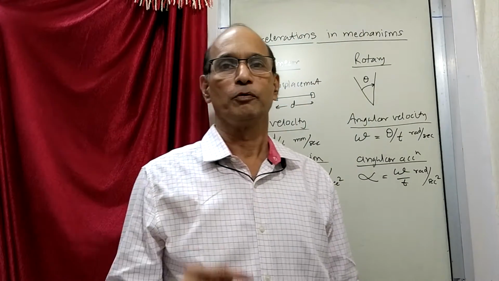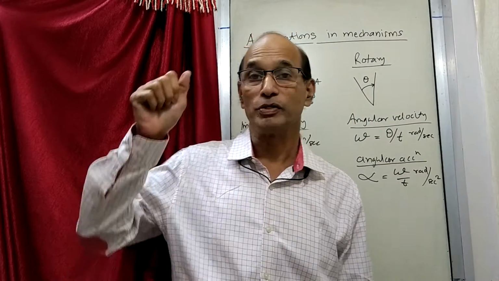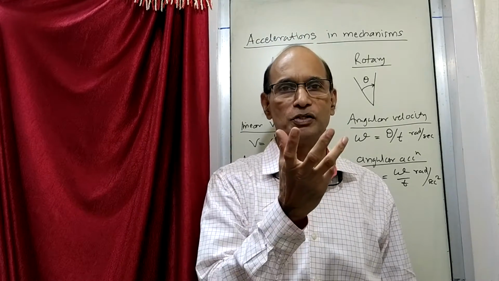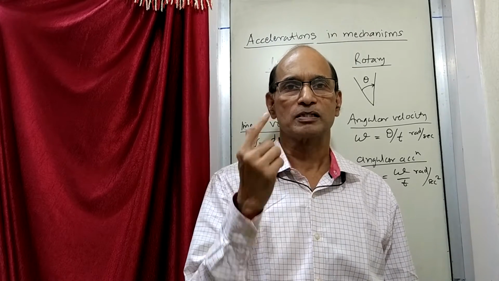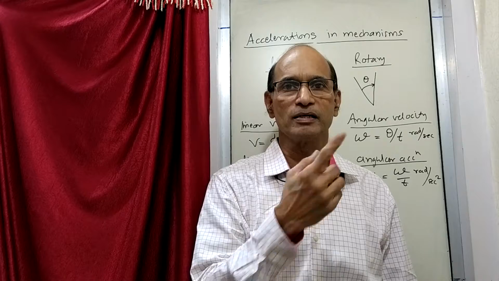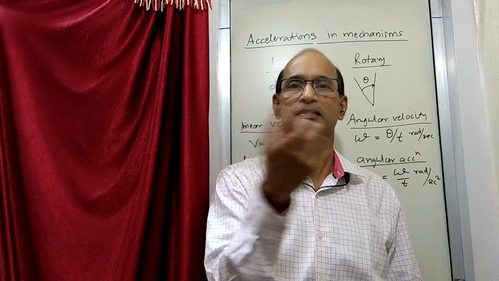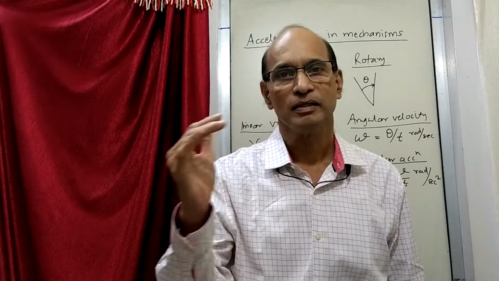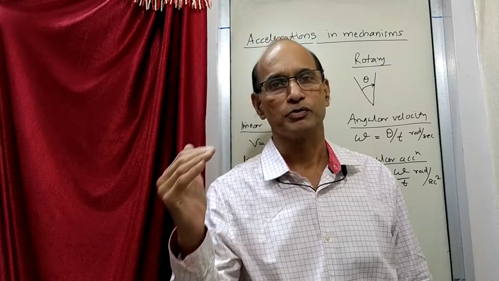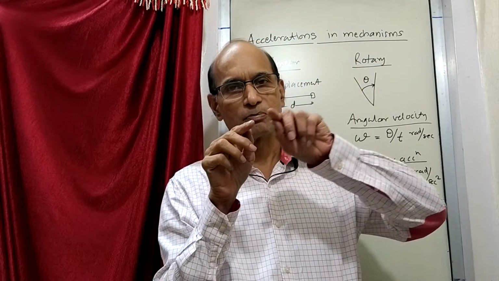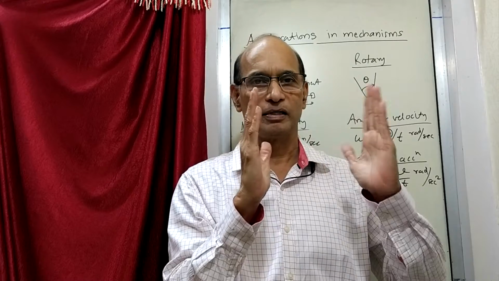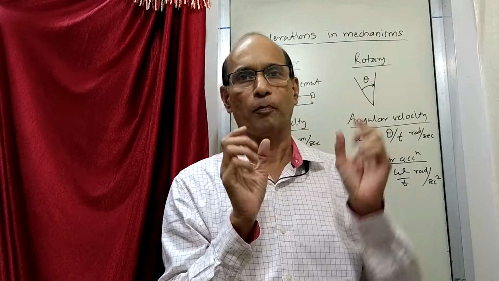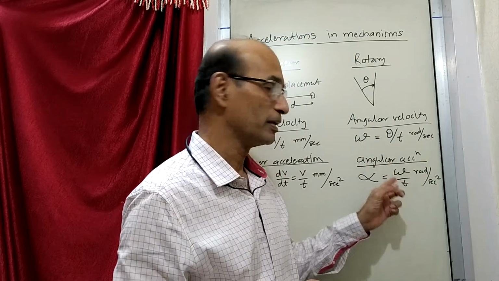Just think over. If you think of, let us say, a fan. When you switch on the fan, initially the fan is at rest, so its angular velocity is 0. When you switch it on, it slowly starts rotating. The blades start rotating, and its angular velocity goes on increasing, and then it becomes constant when it attains a certain speed. So during the time interval t, the angular velocity changed from 0 to a certain value. This change upon time, that is omega upon time, is the angular acceleration.